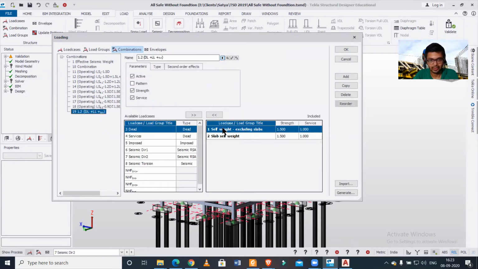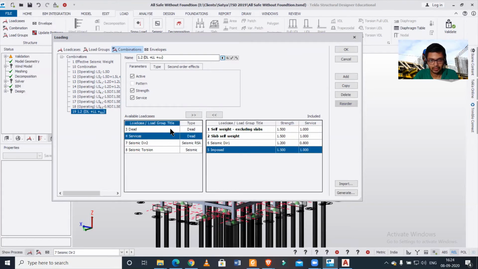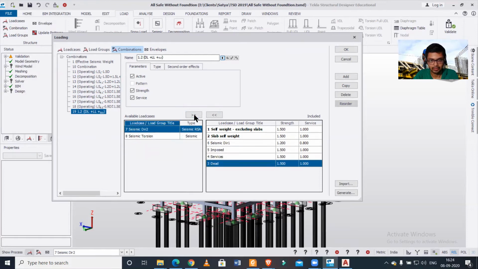So here, I'll first add all the combinations. Seismic one is our SLX here, and we have imposed load, service load, and dead load. Suppose we want to add here 1.2 dead load plus live load plus minus SLX.